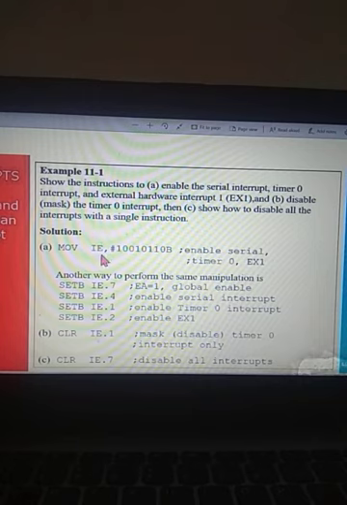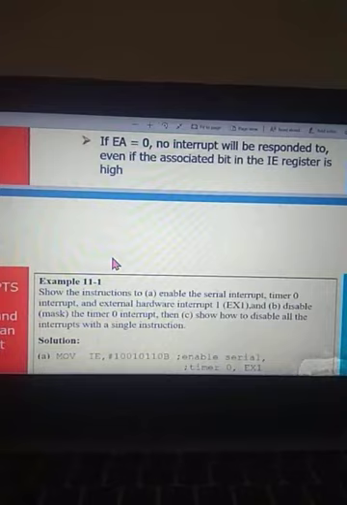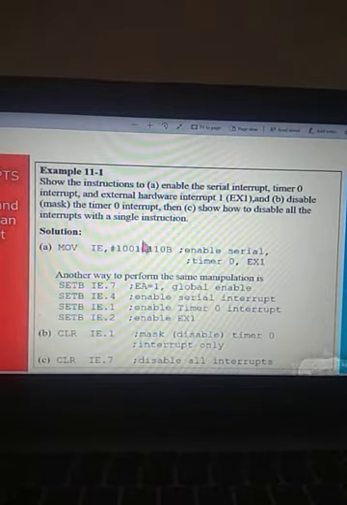So: MOV IE, #10010100B. This is the IE interrupt enable register, and we just put this value at the corresponding bit positions.